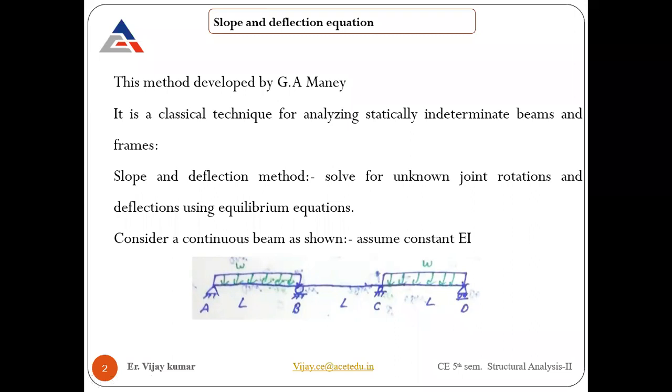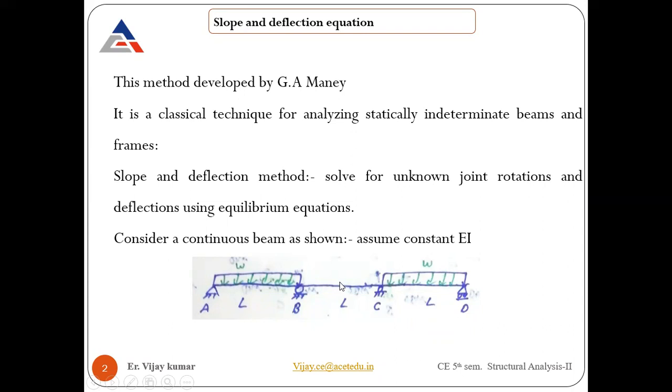Fine. It means we require two more additional equations to solve the unknown forces in this problem, basically in this beam which is showing on your screen, which is a continuous beam. A continuous beam generally means a beam having more than two spans. So that beam is considered to be a continuous beam. And the loading mentioned is a UDL, a uniformly distributed load, which you can call a rectangular loading, and which is mentioned here.